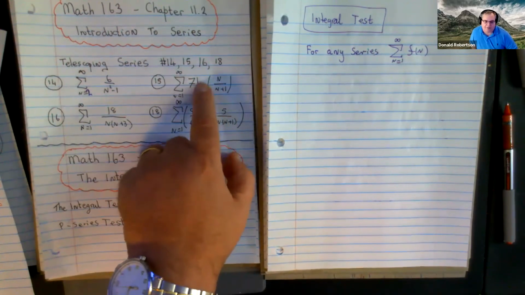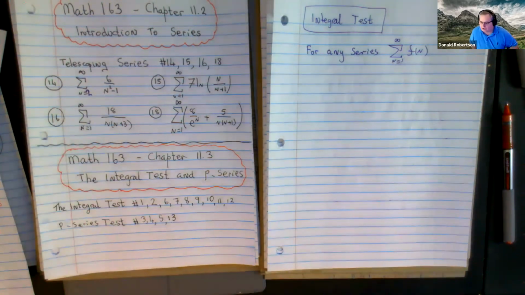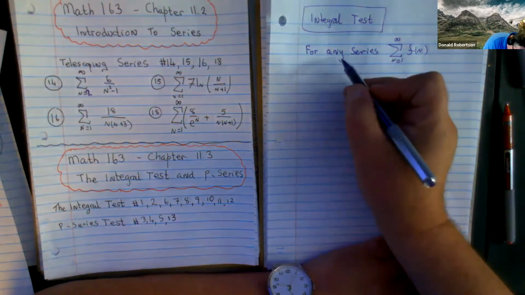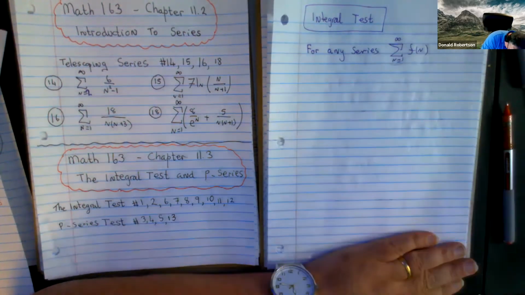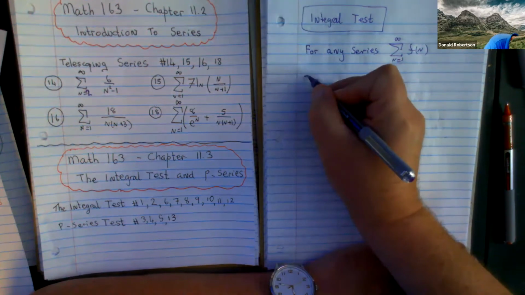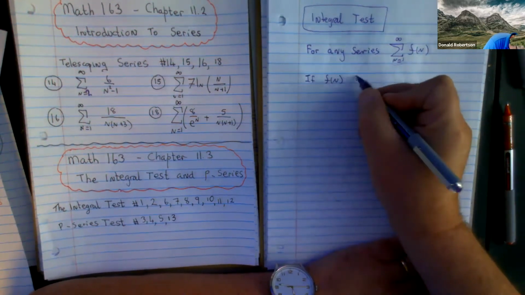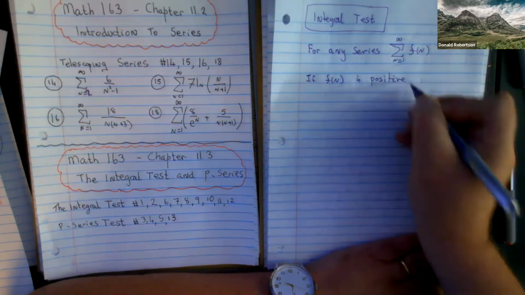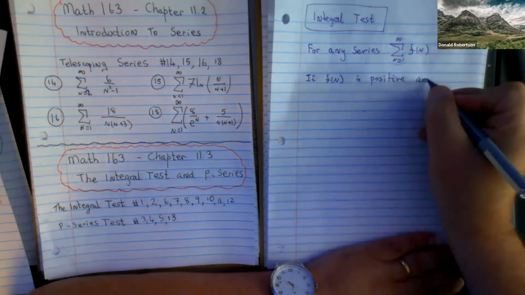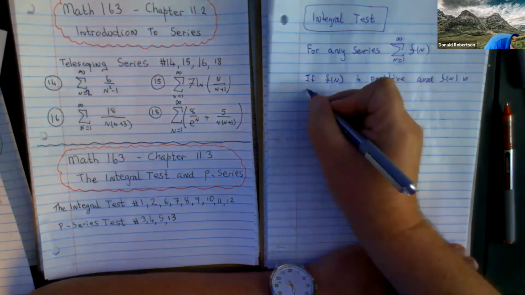So whatever goes here is basically all f of n is, right? So for any series you can think of, written in this format, if f of n is positive, so it can only have positive numbers, no negatives allowed, and f of n is decreasing,